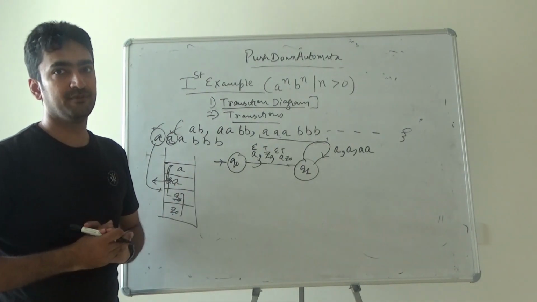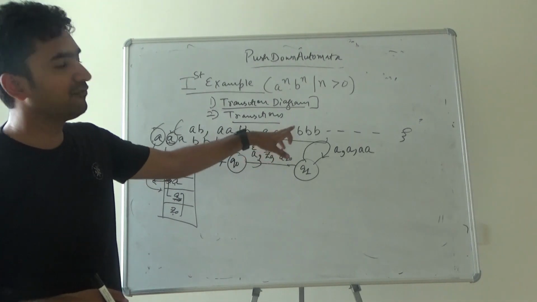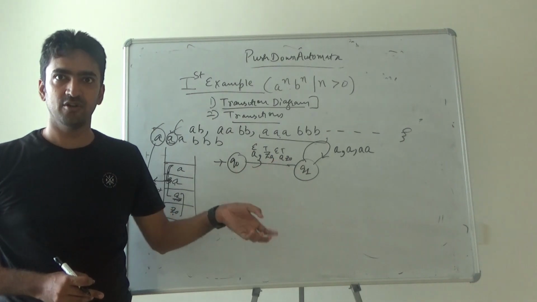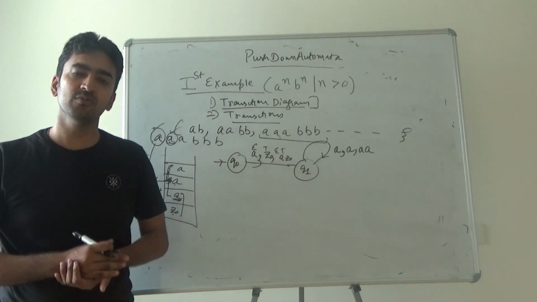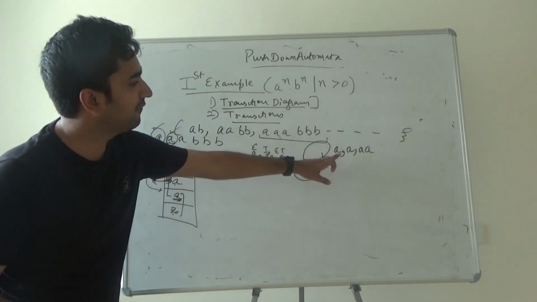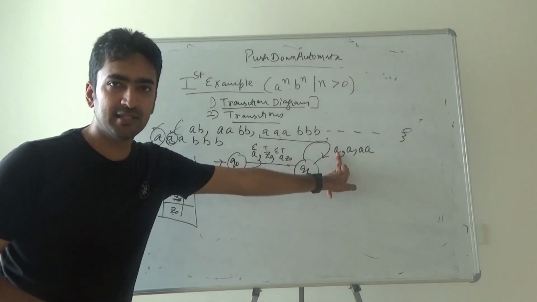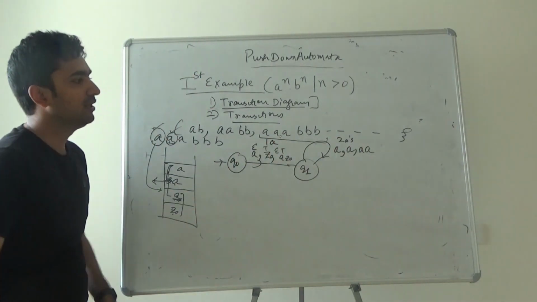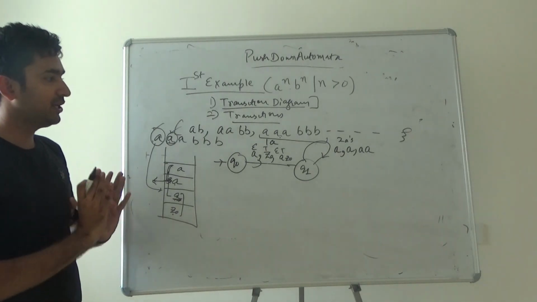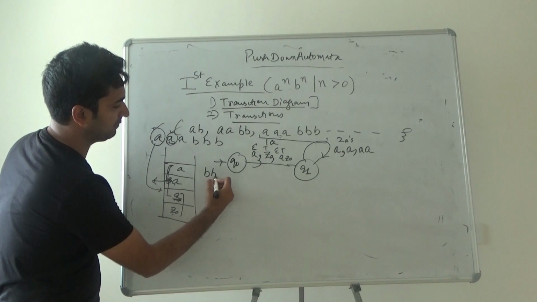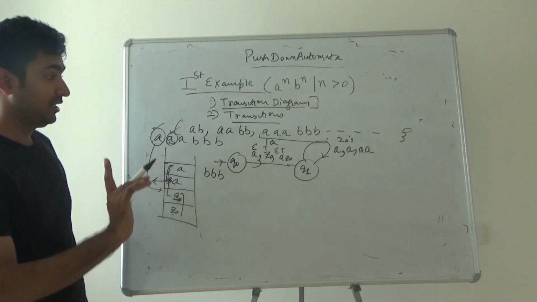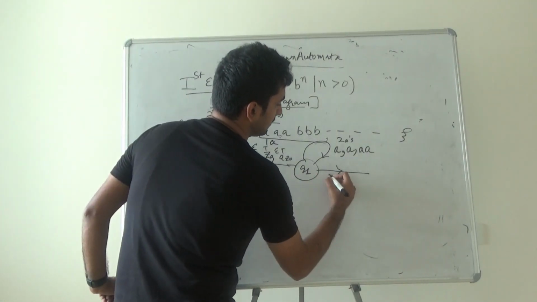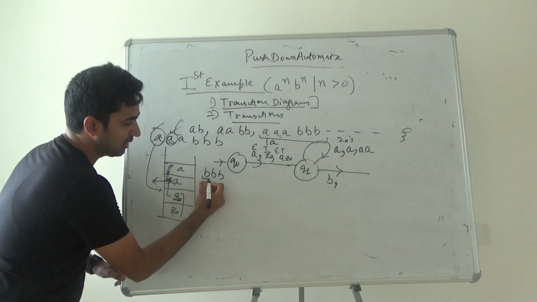This is very important, because what if you have 4 A's and 4 B's? Initially you have inserted one A, the top of the stack was Z0, the answer was AZ0, but for the next A's the answer would be AA only. So that's why I have processed 2 A's from this side, 1 A from this side, 2 A's from this side in this particular terminology, right? Now comes B. So we have triple B to process later. Now again we have 1 B comes, checks the top of the stack.